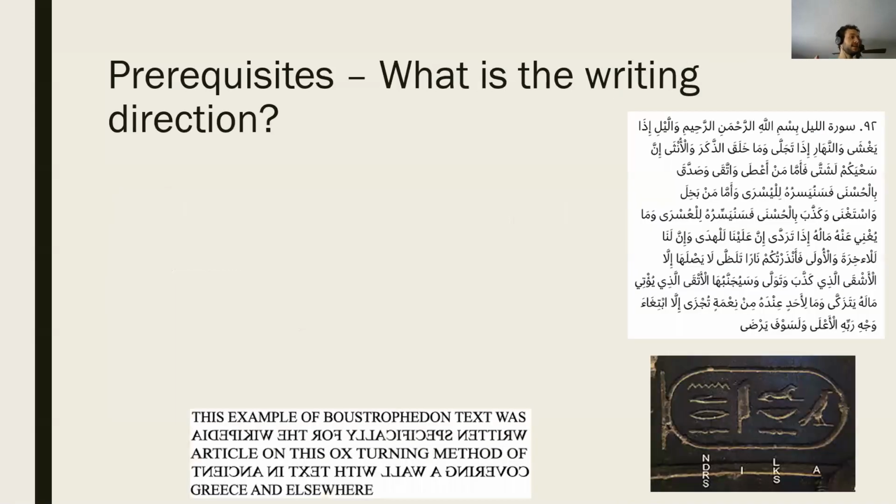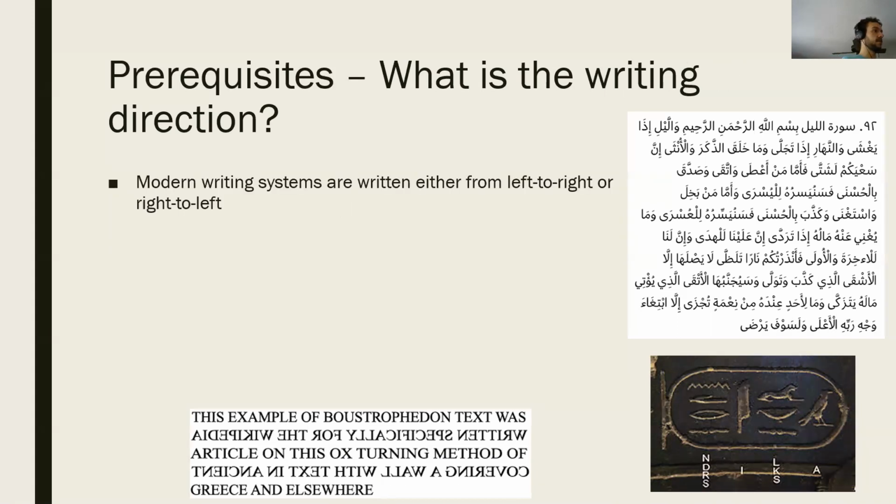And another important text as well is what the actual writing direction is. So if we want to decipher a writing system, we have to know where each word stands in the sequence and how they relate to each other. And as we talked about in the writing systems unit, not all writing systems are written from left to right, like English. Some are written from right to left, such as Arabic,